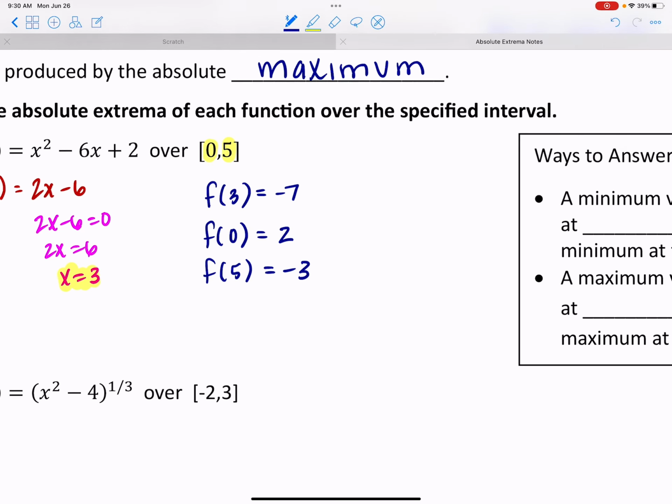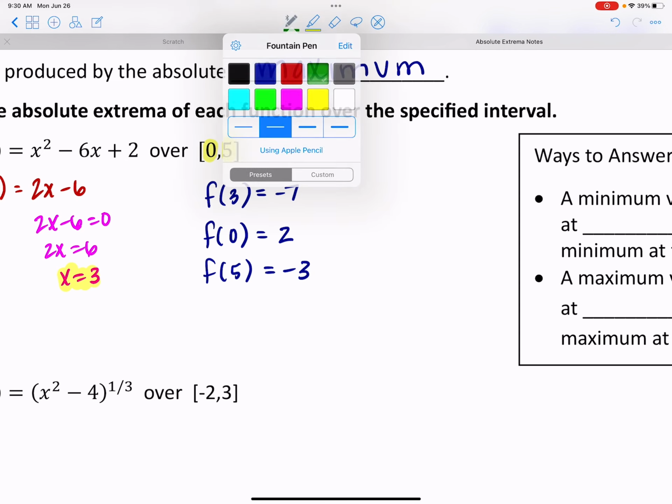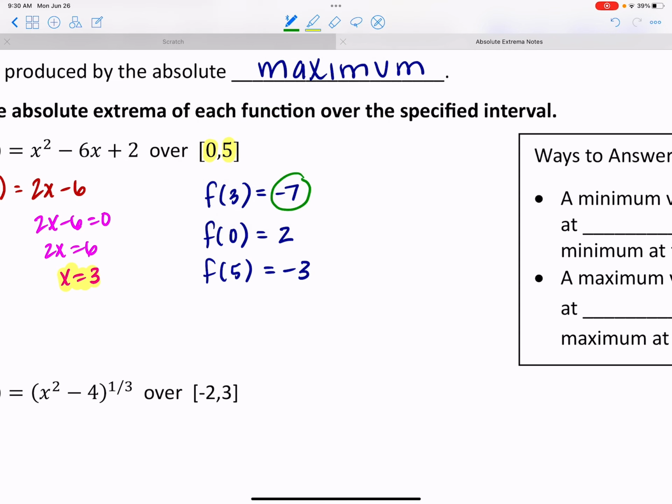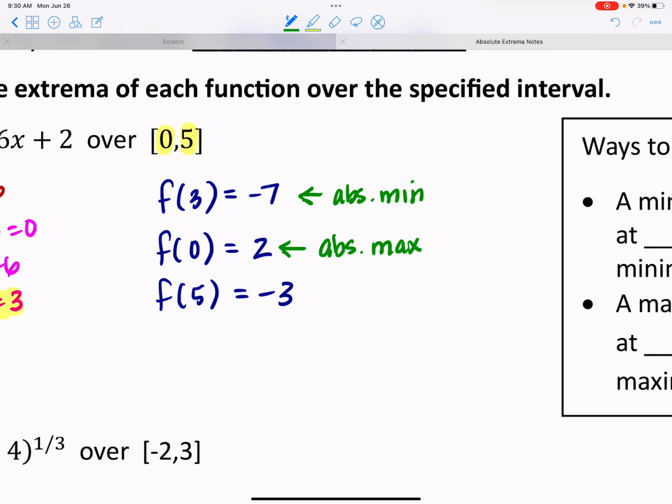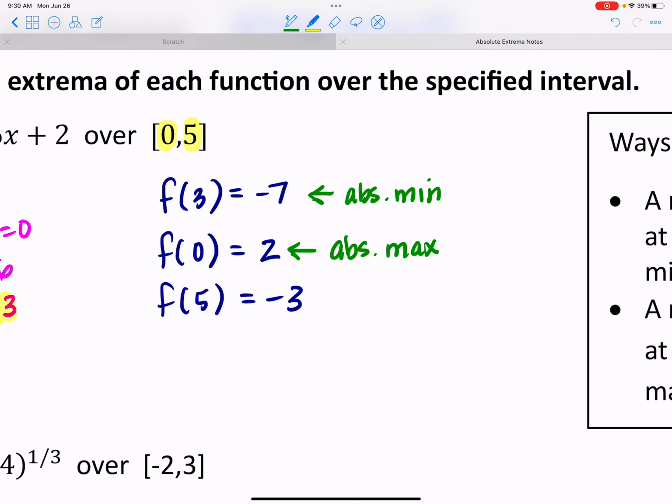Okay, so based on these results, this is the smallest output that's produced, which means here is where we have our absolute minimum. And this is the largest output that is produced, which means this is where we have our absolute maximum. So we could say this a few ways. I could say I have an absolute minimum at x equals 3, or I have an absolute maximum at x equals 0, or I have an absolute minimum value of negative 7, or an absolute maximum value of 2, or